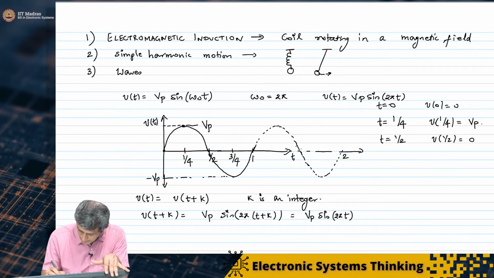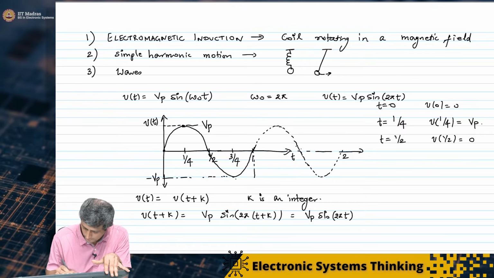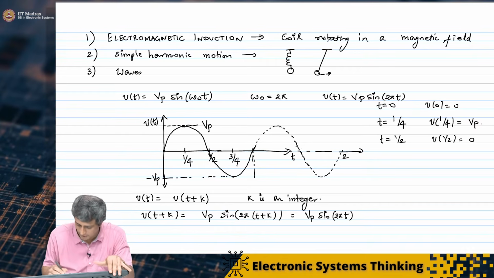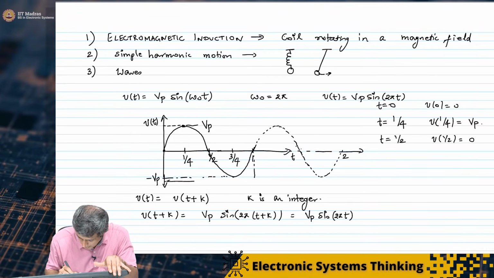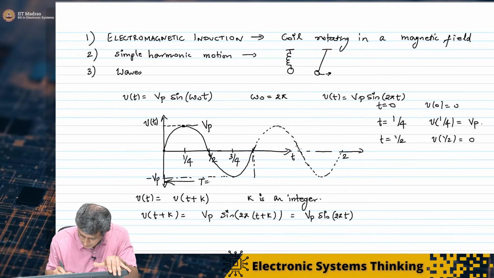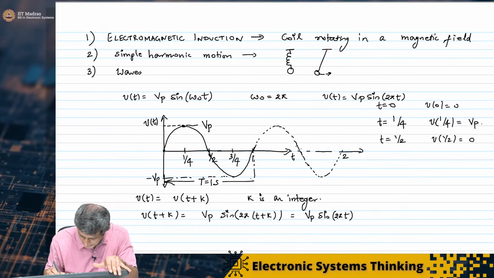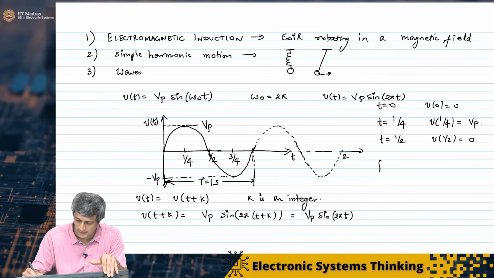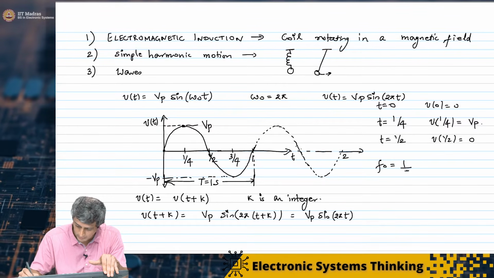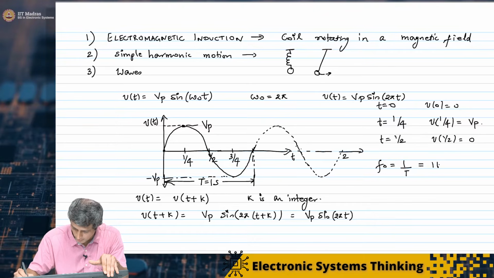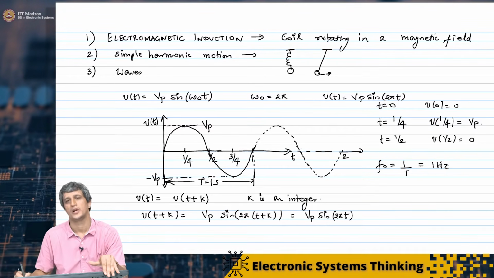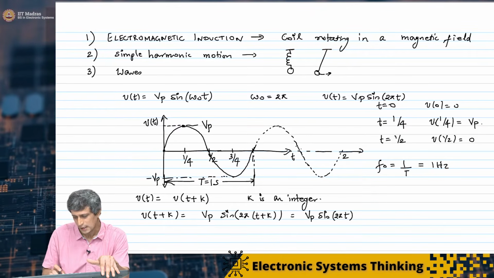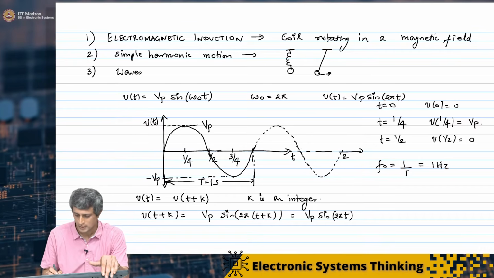So this time period here, for which the wave has unique values and after which it starts repeating, is called the time period. So this is T equal to 1 second in this case, okay, and I can define a frequency for this sine wave, f naught equal to 1 by T, which is also equal to 1 hertz in this particular example, right? So this is a sine wave with a time period of 1 second and a frequency of 1 hertz and